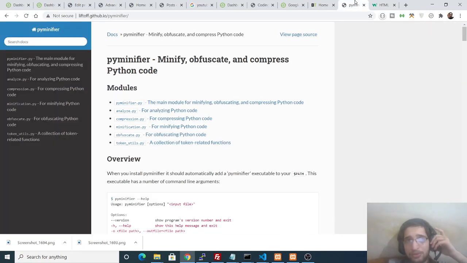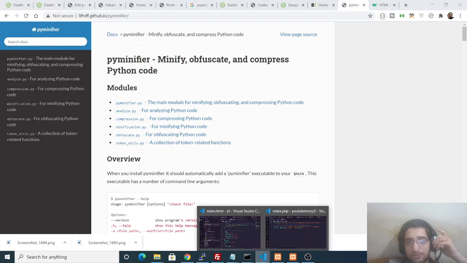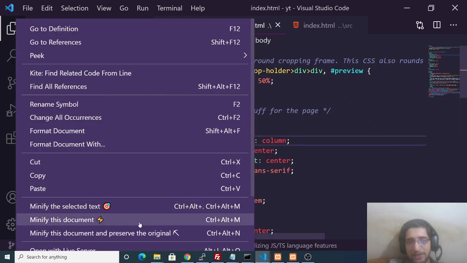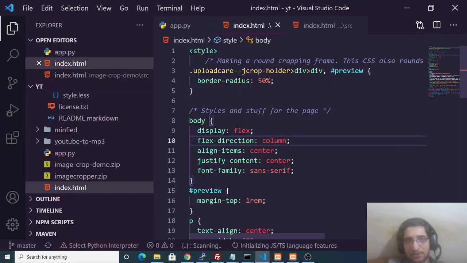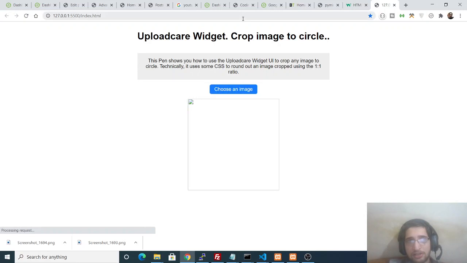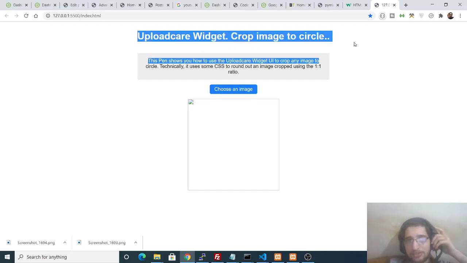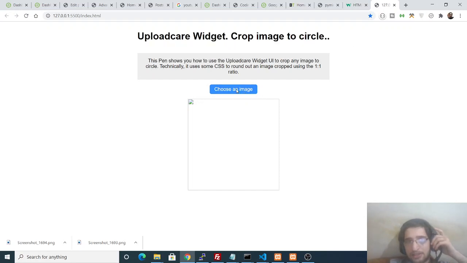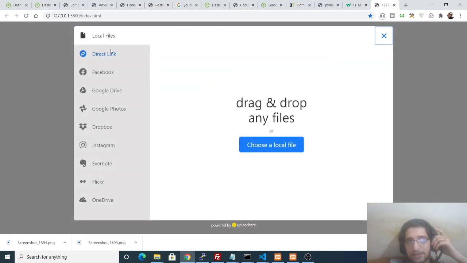Now let me show you the live demo of the script. This is a simple index.html file where I developed the script. After you download this, there will be a zip file. You just need to extract that zip file after you purchase, and you will get this simple interface. Simply choose a file here.